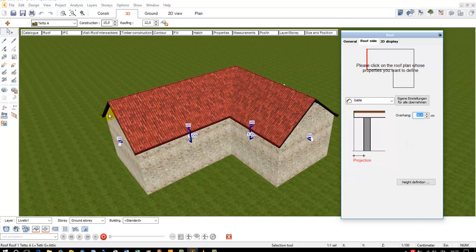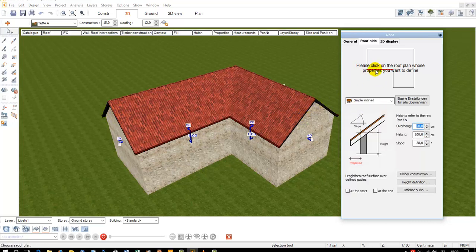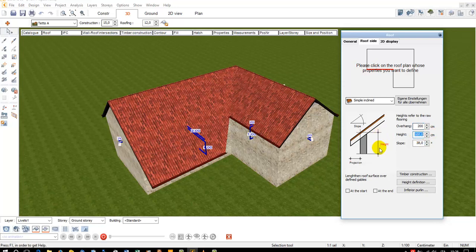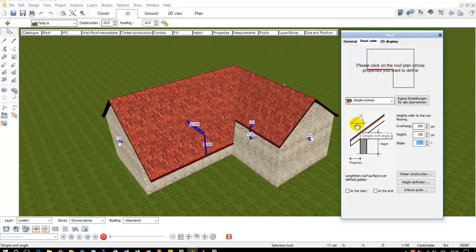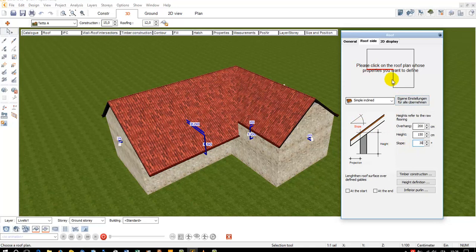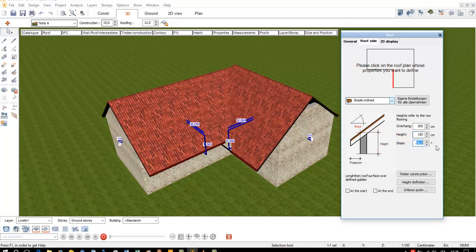Gable means that you have the wall under the roof, that it will be cut. In the internal side of this kind of roof, we decide that here we would like to have a normal slope. The overhang or overlap is 2 meters. The height of the slope on the small wall is 1.50 meters, and the degrees of the slope is 30 degrees. I will copy this property. I will do the same in the slope behind. I will say 2 meters as overlap, 1.50 meters is the height on the wall, and this is the slope